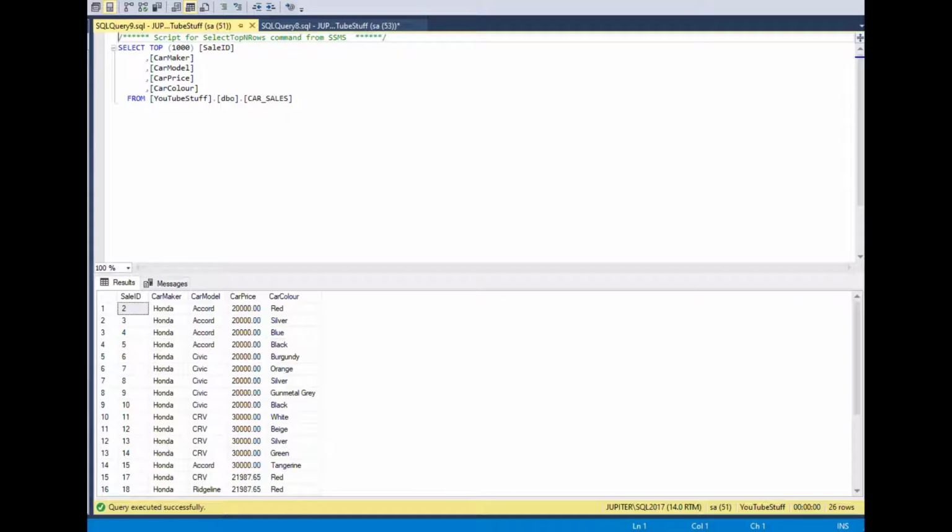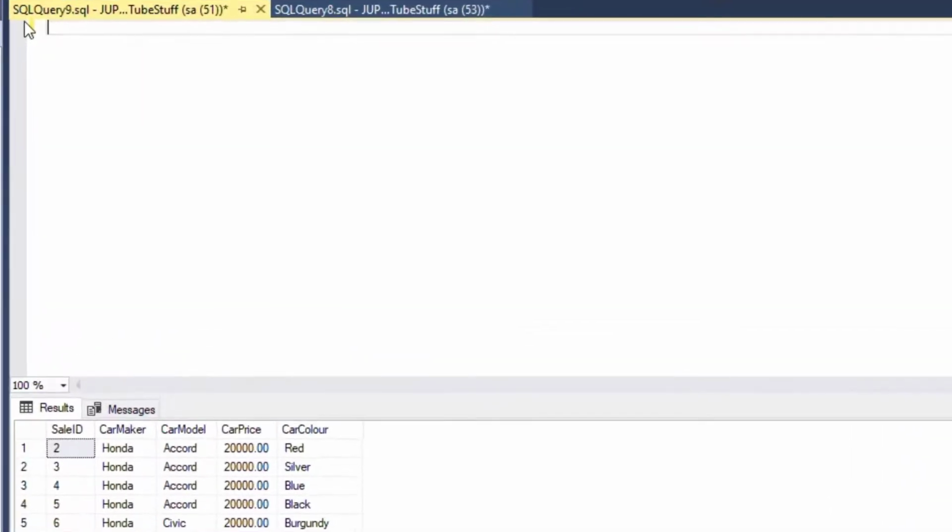Okay, and for our next example, we're going to use this car sales table that I've used in several episodes, and it has 26 rows in it right now, and we are going to insert some more rows into this table using a stored procedure. However, it's going to be a little more complicated because we're going to have a couple of different commands in our stored procedure, and at the end of this we are going to return the sale ID, which is an